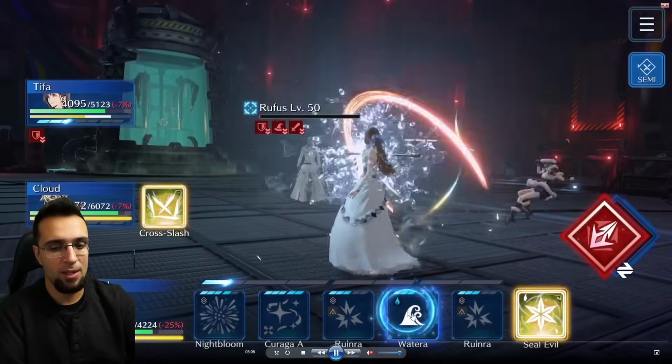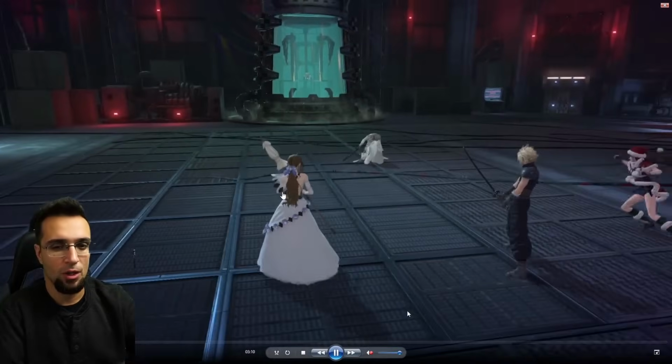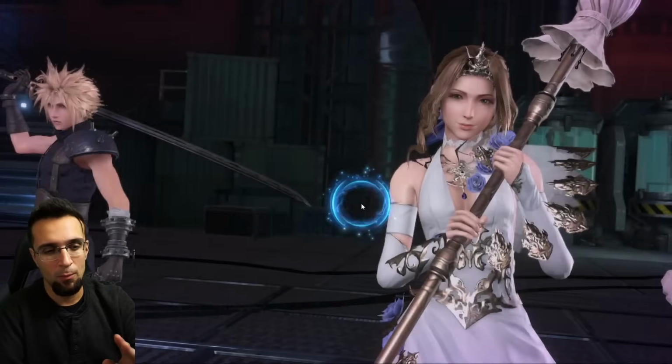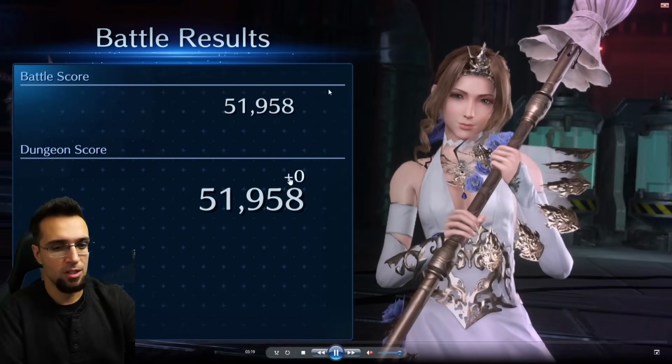So I should have been spamming that water way earlier, instead of using those Night Blooms, since Somersault was happening. It just allowed Cloud to do 1 more damage. But 1 Night Bloom, spam water, should be good enough. And we ended up leaving this one at 51,000 because we didn't do the minute 30